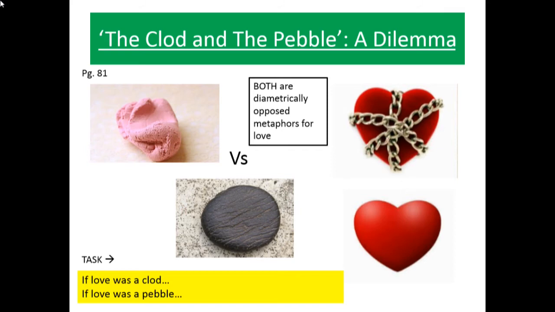This love is possessive, and it's cruel, and it seeks to make a hell in the midst of heaven. Okay, so the clod is optimistic, the pebble is pessimistic and cynical in its perception of love. Now, the ultimate dilemma, Year 12, is who's better off here? I know they're personifications of natural material, but they represent bigger ideas. But who is better off, the clod or the pebble?